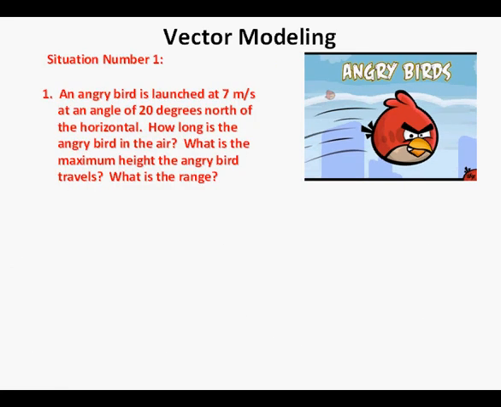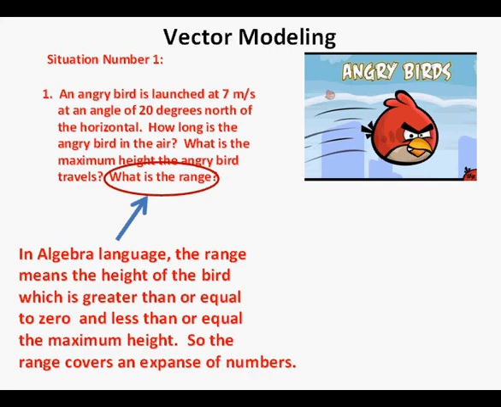Situation number 1. An angry bird is launched at 7 meters per second at an angle of 20 degrees north of the horizontal. How long is the angry bird in the air? What is the maximum height the angry bird travels? What is the range? Before doing a full analysis, I would like to examine this last question, what is the